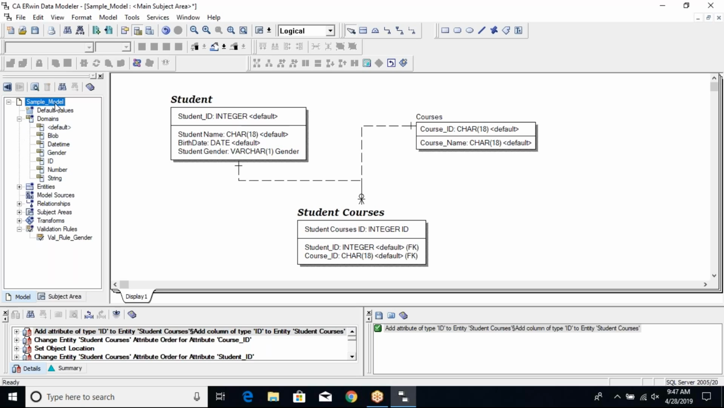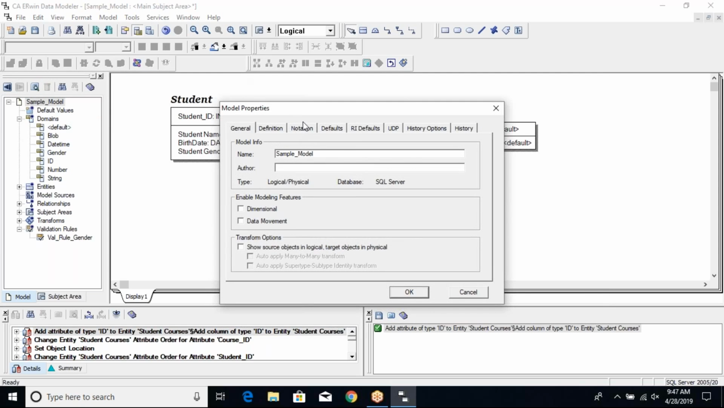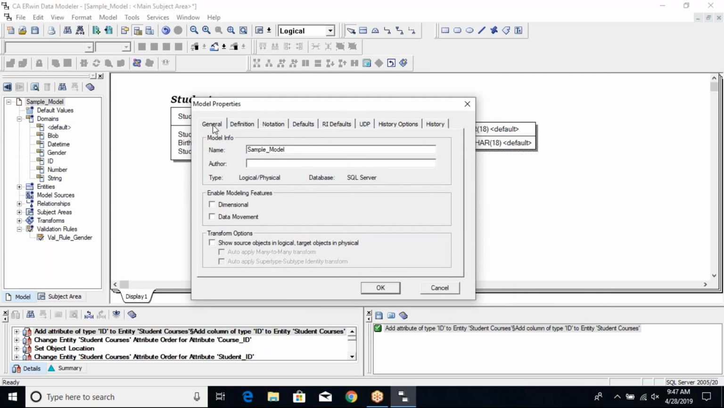So again, I can go to the model over here, right click, go to its properties, and then we saw the general tab over here. Remember, we saw the general tab over here. We can go to this general tab, and then we can go to the transform options and say show source objects in logical, target objects in physical. So my source objects over here are the two tables, student and courses. The target objects are the relationship table as well. So if I select this,